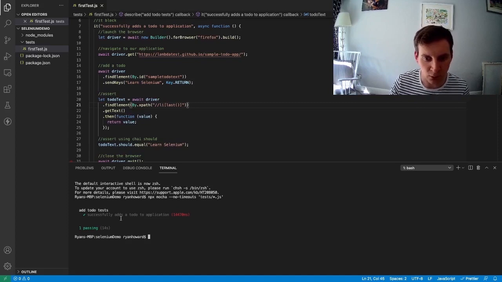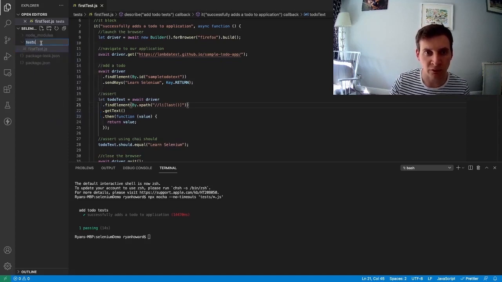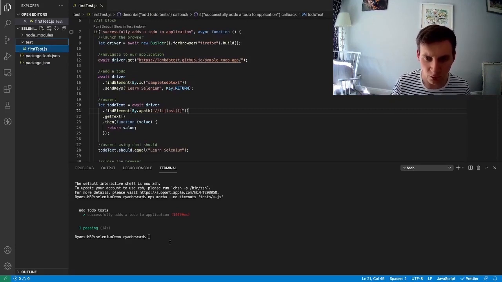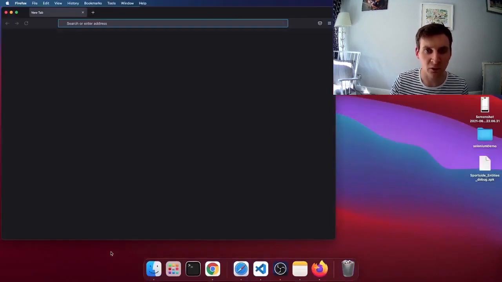So to make our command even more simple, we can rename our directory to test. That way, when we run our command via the terminal, we no longer need to specify the path to our test directory. When I run now, it's still able to pick up the describe block and is able to